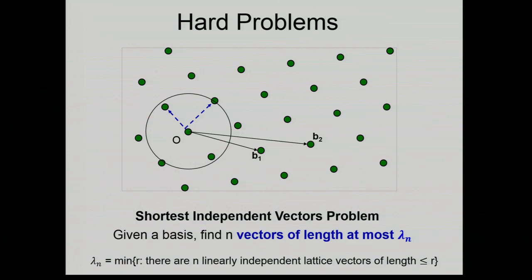If you think about it a little bit, I don't want to dwell on this point too much, but these two are distinct problems. If you solve one, it doesn't mean that you solve the other, right? Do you see why? On the one hand, I'm asking you to find the shortest vector in the lattice. On the other hand, I'm asking you to find many, n instead of one, but they all can be as large as lambda n. It may not contain a vector of length lambda 1. They're distinct problems, both interesting. Good. So that's as much as I'm going to say about hard problems.